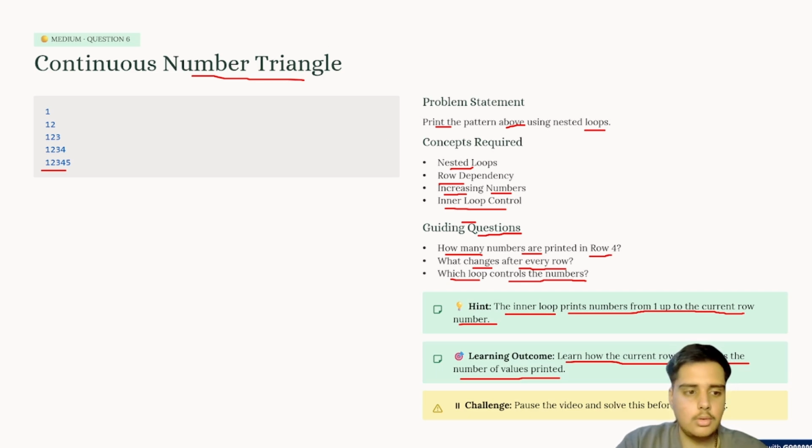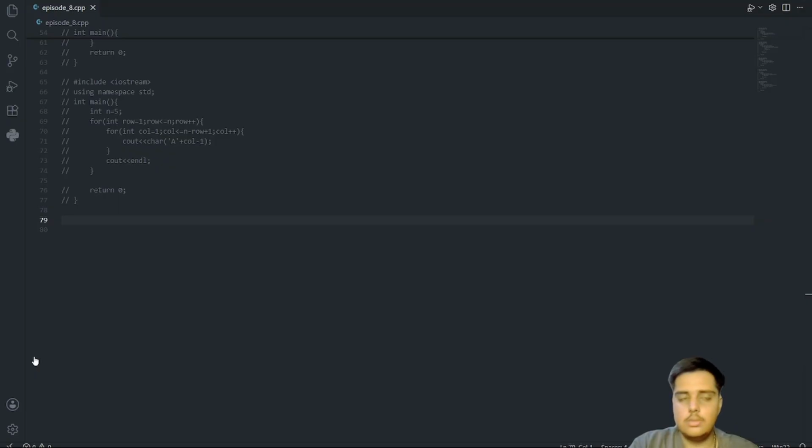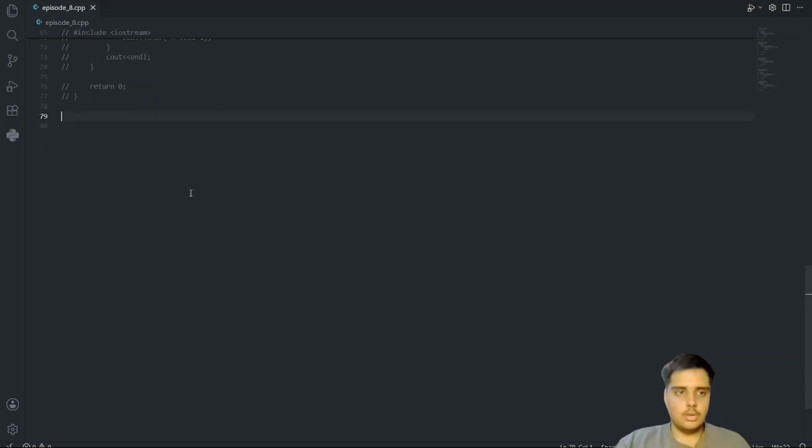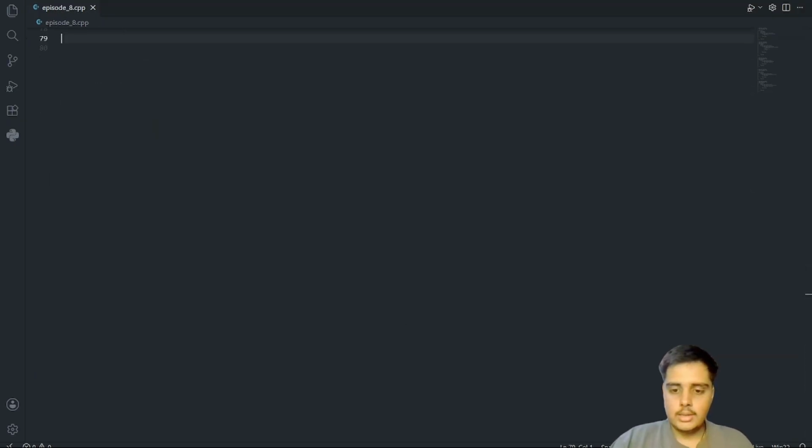So coming to our VS Code. Now let's do this question in our VS Code. The question is continuous number triangle. Very easy question.